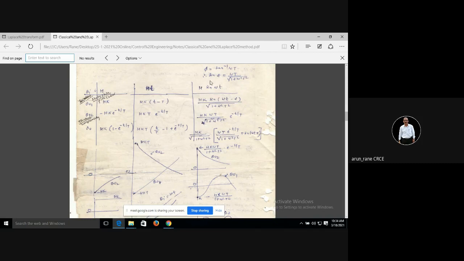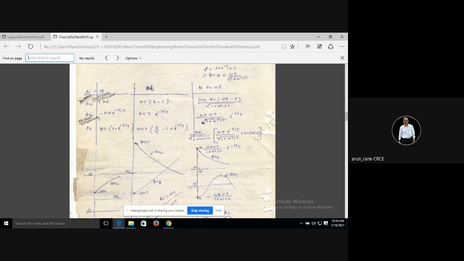So if my input is h sin omega t, my steady state response is given by the particular solution, by this equation, hk sin of omega t. Then this is my transient solution, that is given by the complementary part, and here for the total. So now how do I represent? So theta O2 is nothing but the transient response here.